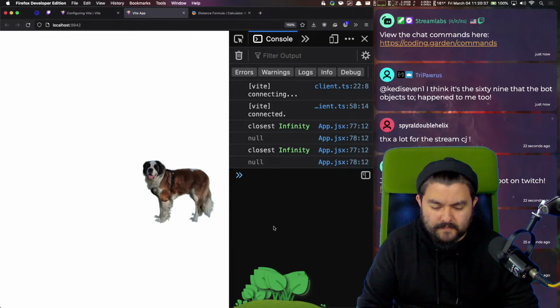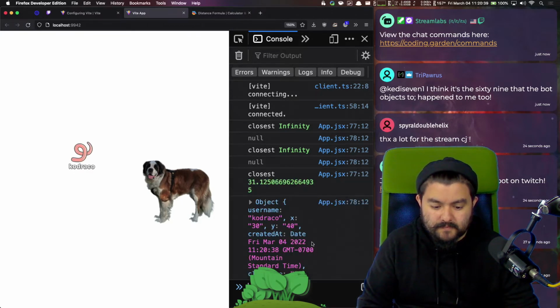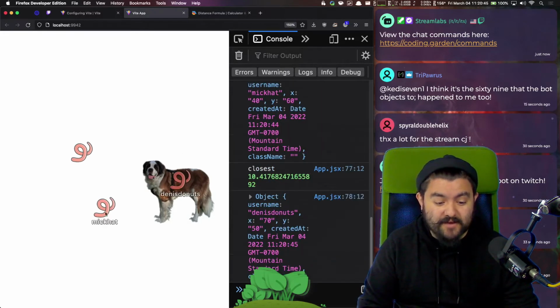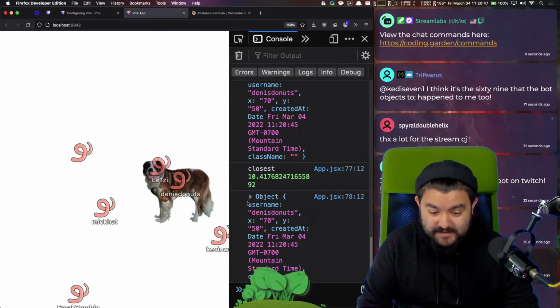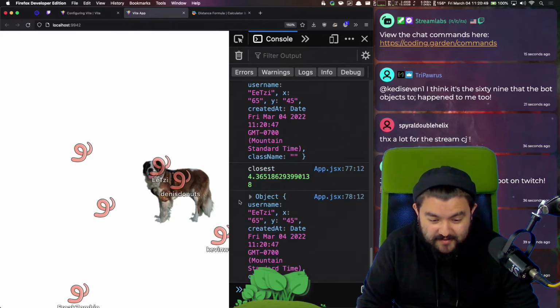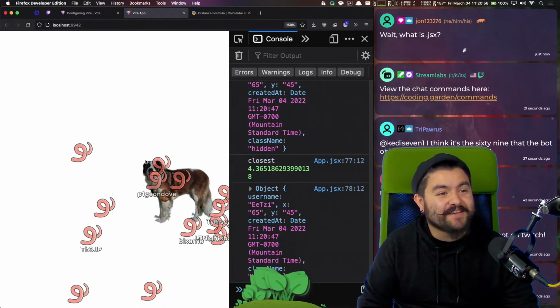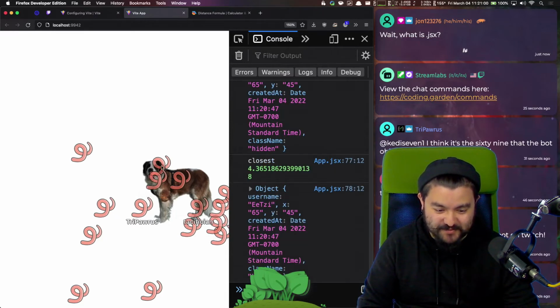There you go. So since Kodrako is the only one on the page, they are the closest. Now Mikhat is the closest. Now Dennis should be the closest, right? Or no, Etsy is technically. Oh no, so we're right. We're calculating the distance to right here. So technically, this one is the closest.